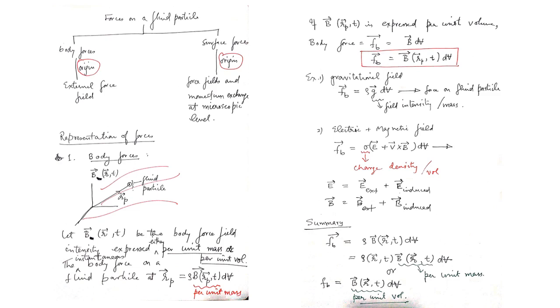Now you can see that although these are looking like different expressions, because in one there is density and in the other there is not, it's not that way. For example, if you are going to write the body force due to gravity, the intensities per unit mass and per unit volume would be different. Per unit mass it will be simply G vector, and per unit volume it will be rho G vector. So basically whether you write per unit mass or per unit volume, it will come out as rho G dV.